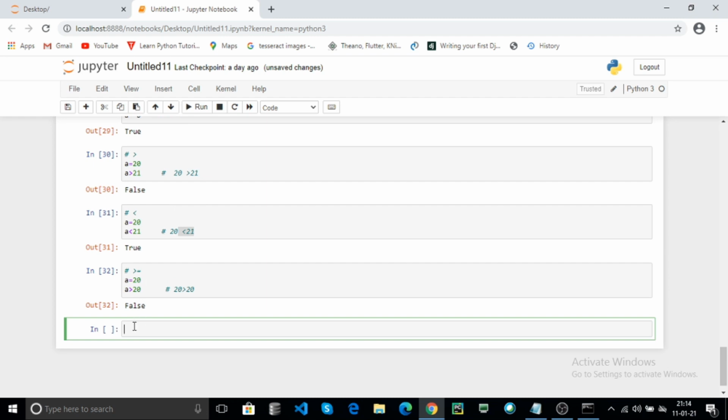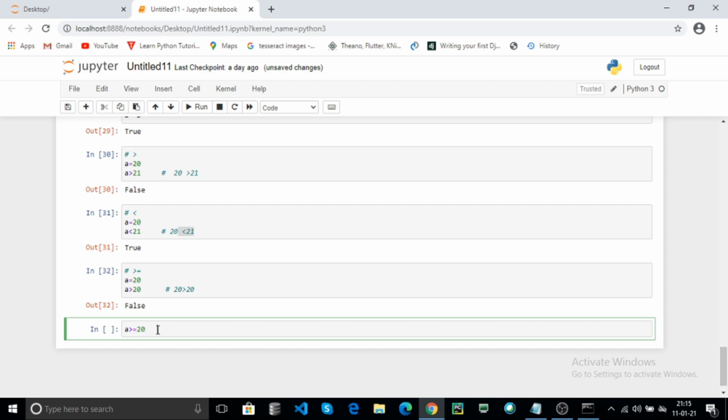Here use greater than or equal to. Here A contains 20. A is greater than 20, the condition is false, and here it checks another condition like A equal to 20. Here there are two conditions, A is greater than or equal to 20.